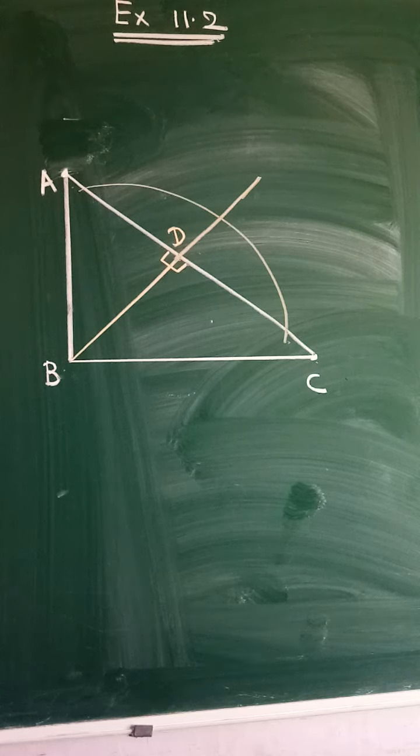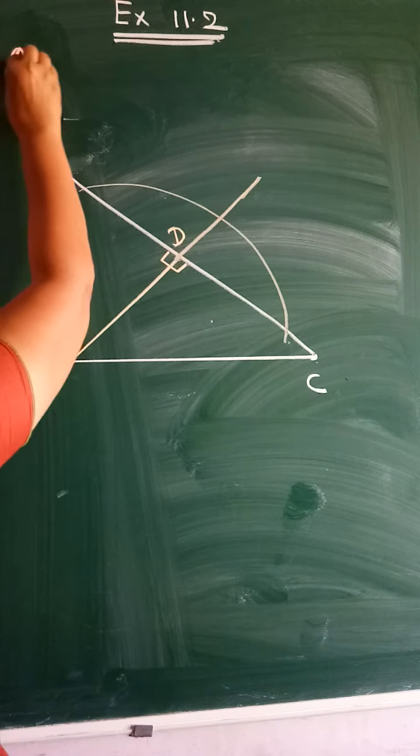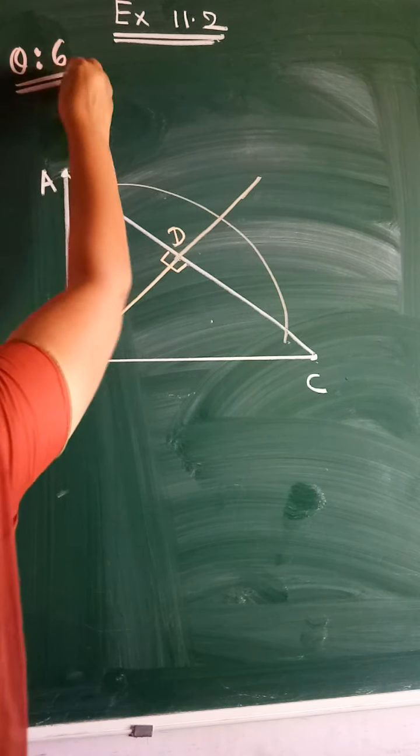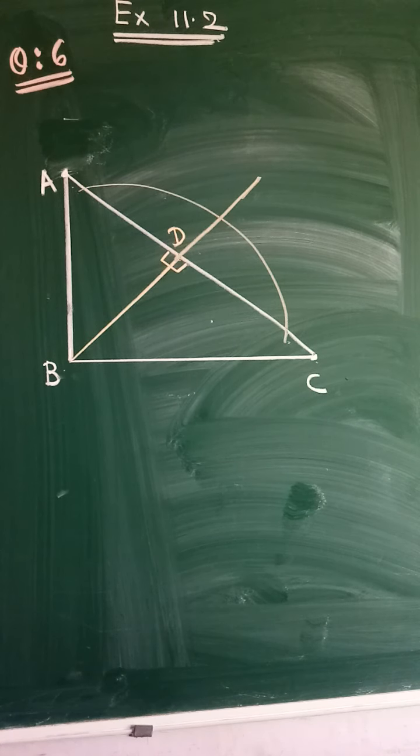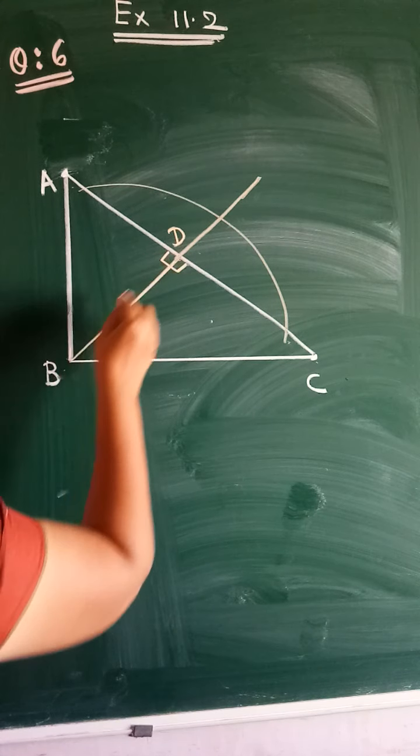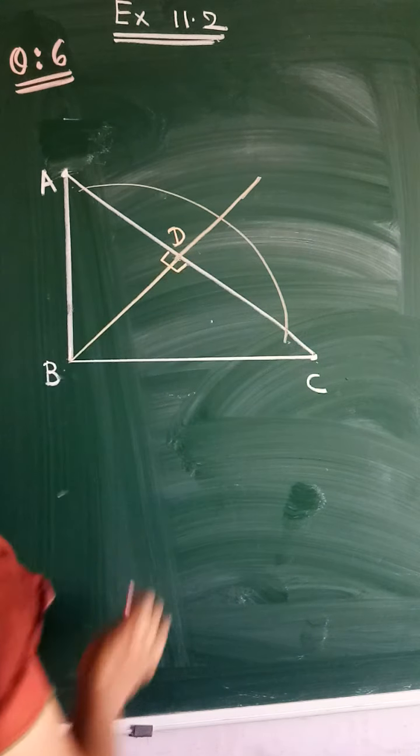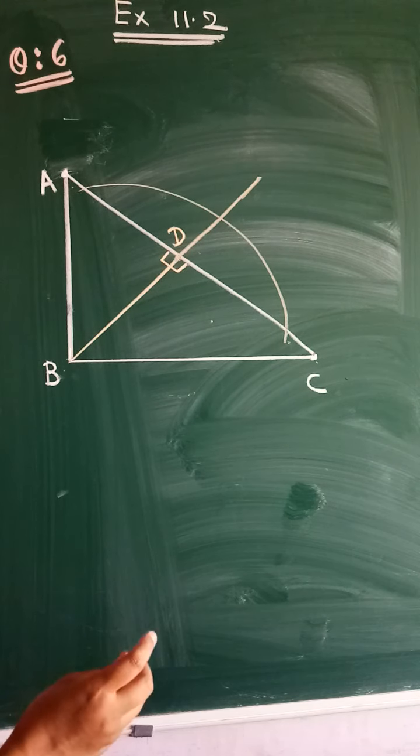Now the circle through B, C, D is drawn. First of all the circle through B, C, D is drawn. Now this is the question that we have already completed, that is question number 7. This is question number 6 we are doing. In question 7 I have already told you how to find the center of any circle. Here we have to draw a circle, but without the center how will we draw the circle? So take the perpendicular bisectors of BD and BC. You know how to draw a perpendicular bisector.